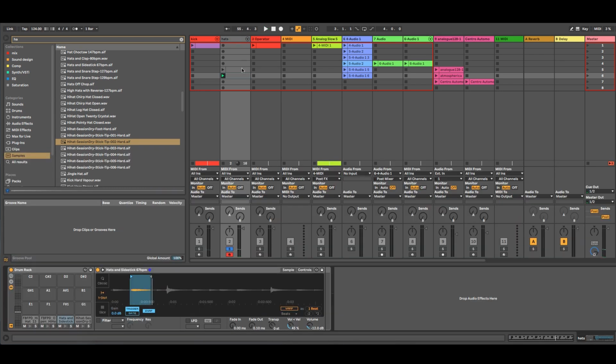And one thing I'm gonna do is this sound is way too long. It's a bit off as well, so I'm gonna bring it here and cut it, fade out.